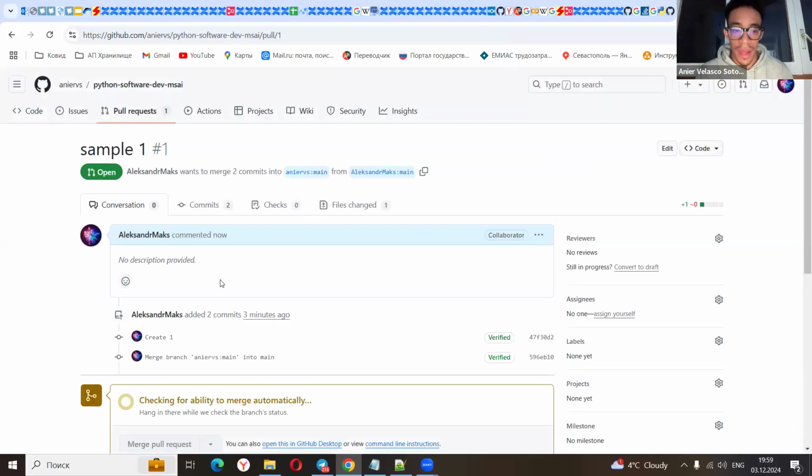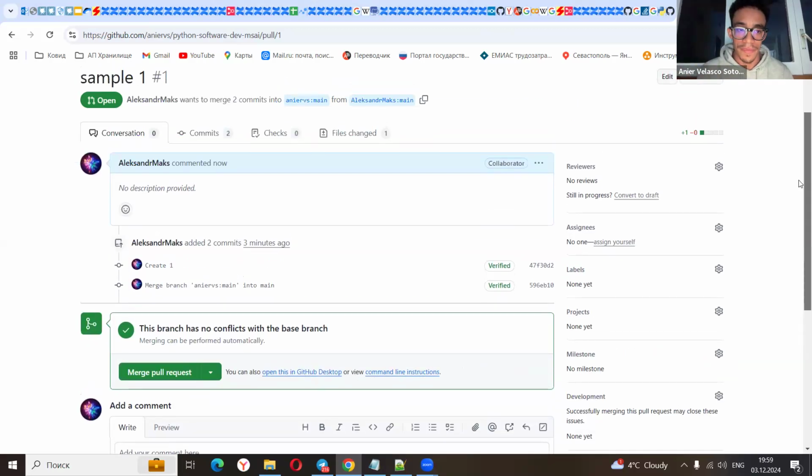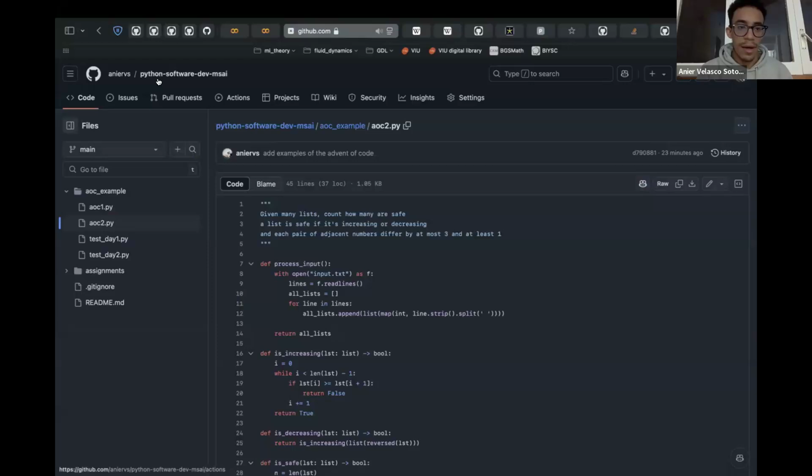Okay. So now it checks whether it can merge automatically, and leave it there. Now, stop sharing. I will share mine just to show you. And now, if I go here and I go to my repository,